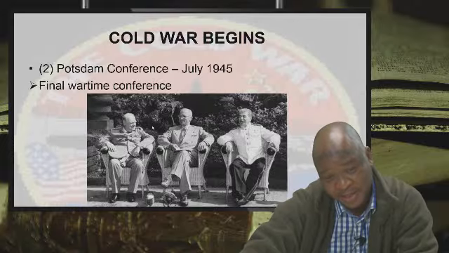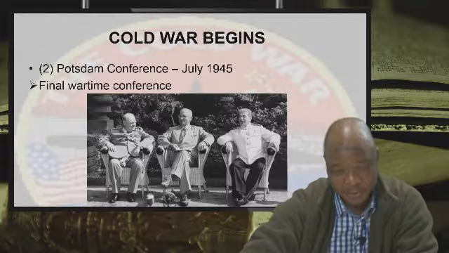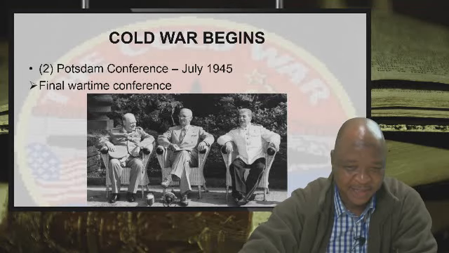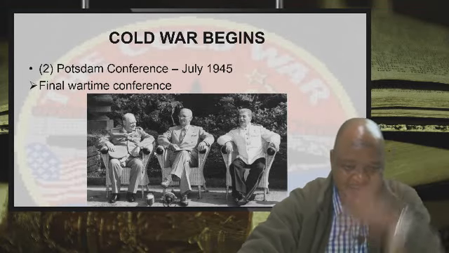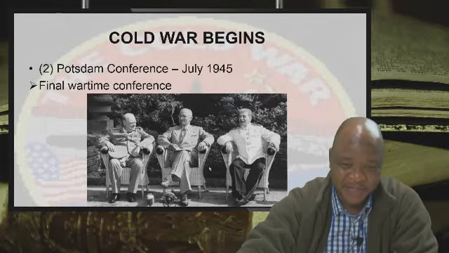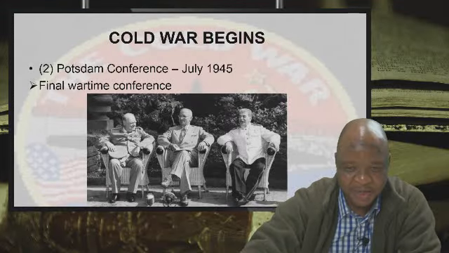They were looking at each other's direction. But even here, even though you now have different personalities, because it is now Truman and Churchill, they are still looking at each other's direction. And look at the distance also. The distance is still very narrow. The same thing that happened with the Yalta conference. And the same thing that we said of the rift beginning to happen, you can see it here. Stalin is a bit aloof